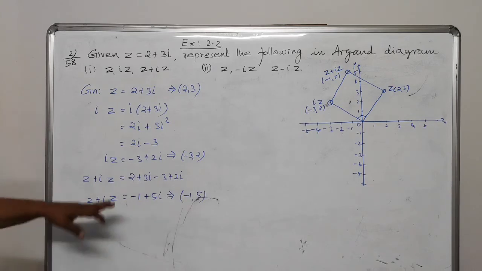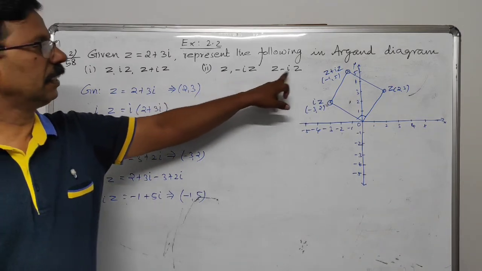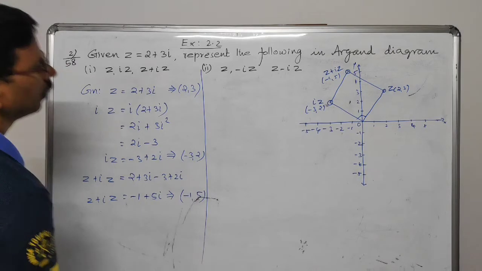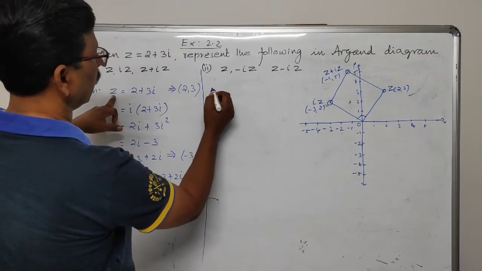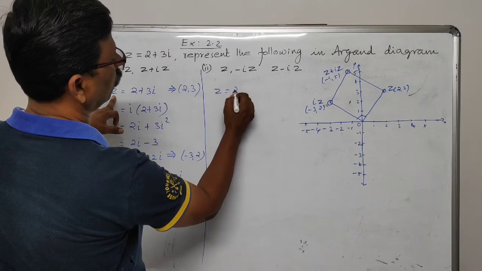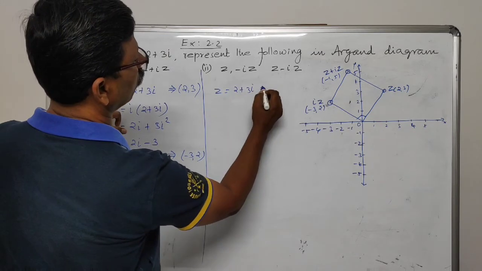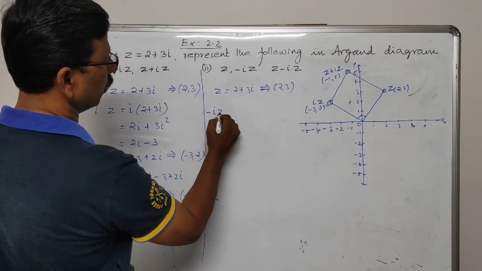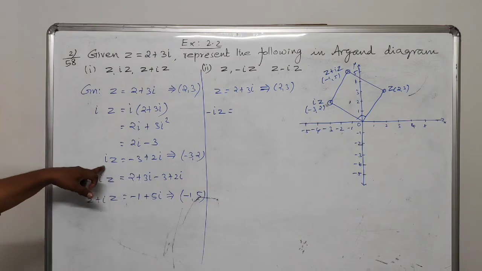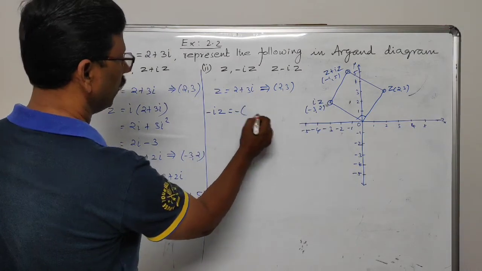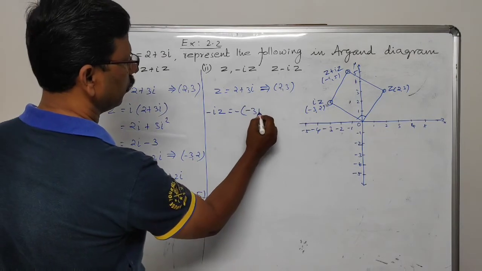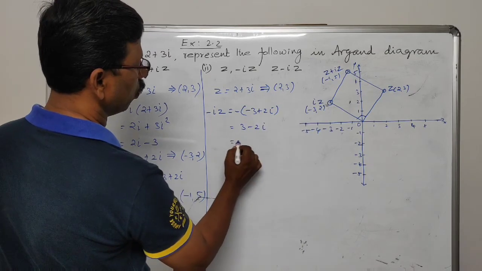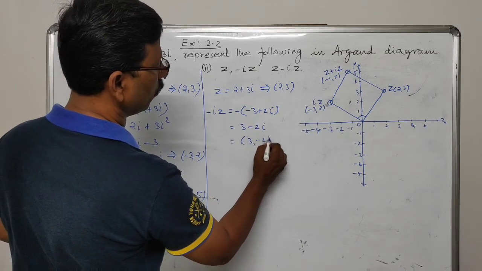Okay, now these are the things that we have drawn in the Argand diagram. After that we are going to find the value of z, minus iz and z minus iz. See here, we can take this subdivision. First z is equal to, already we have written, 2 comma 3. z is equal to 2 plus 3i, which is 2 comma 3. Then minus iz means this iz is to be multiplied by the minus sign. That is minus of what is iz? Minus 3 plus 2i, which is equal to 3 minus 2i. Now these coordinates will be 3 comma minus 2.